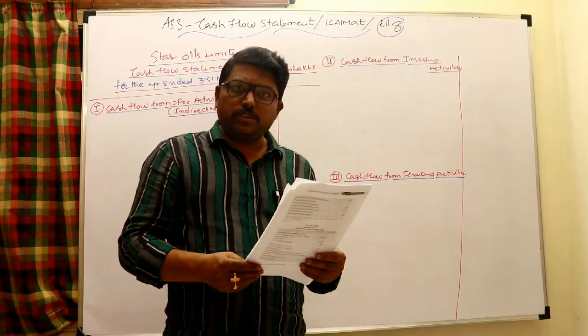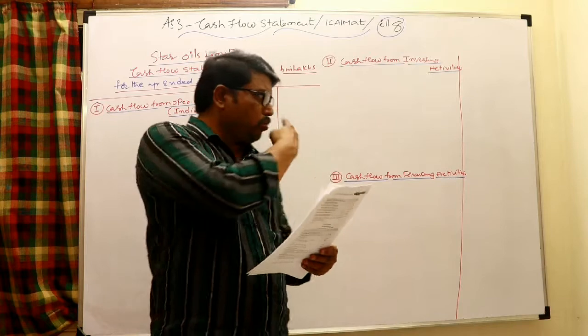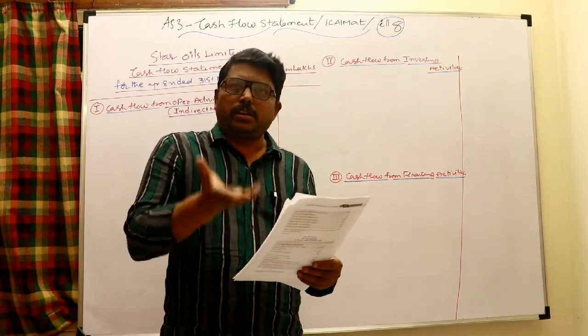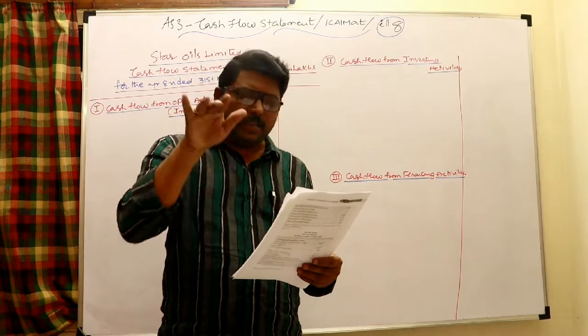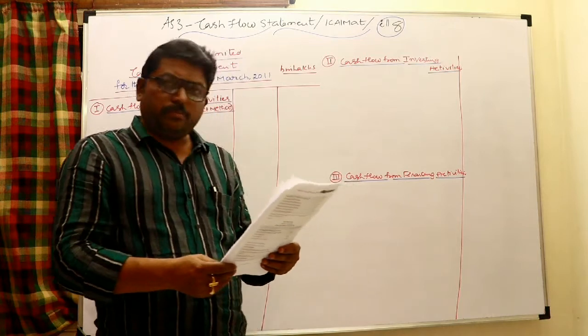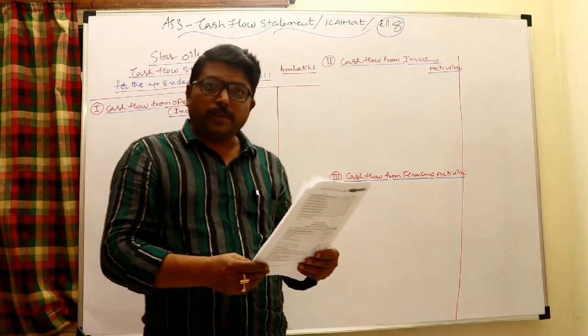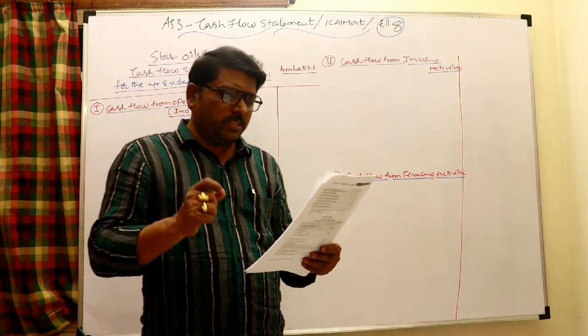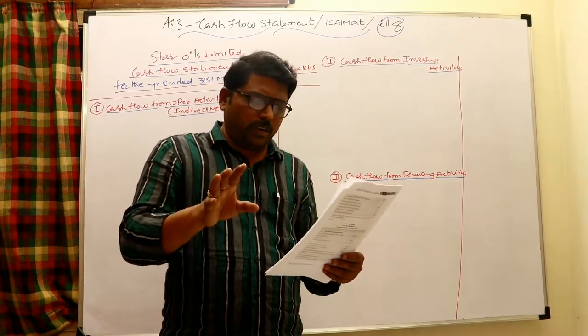Profit on sale of investments 100. This is also to be withdrawn when doing the indirect method. Profit increases profit, so it should be removed, meaning minus. From the net profit you can reduce this 100. Profit on sale of investments is an investing activity. Carrying amount of investment sold 27,765. Carrying amount means book value.